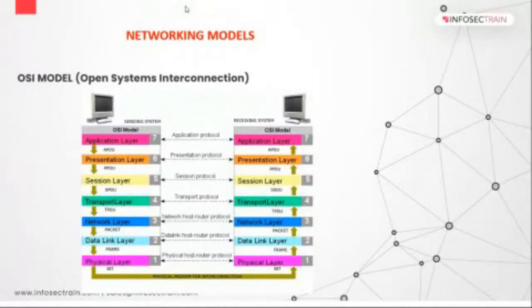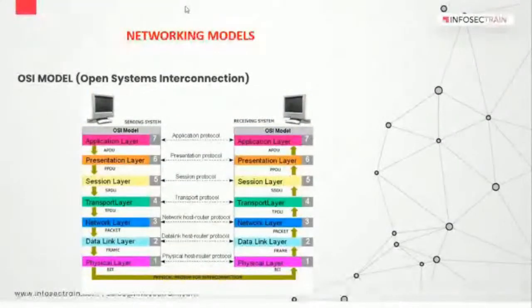In ARPANET, the designing of the network was done. Now, what drawback was there if we talk about ARPANET?